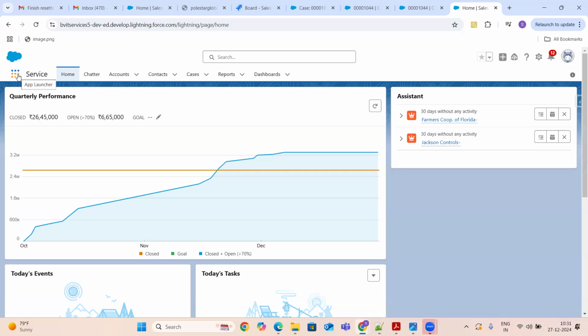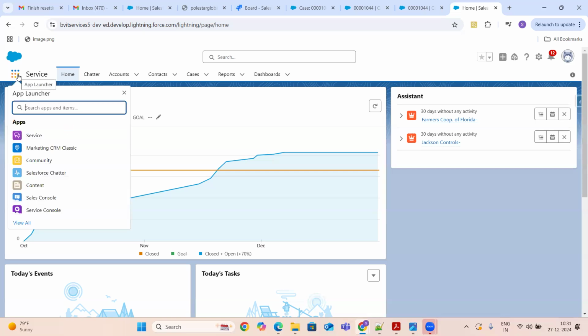Each and every project and each and every company has its own application. We know how applications look because we have seen three applications: the marketing CRM application, service application, and sales application.